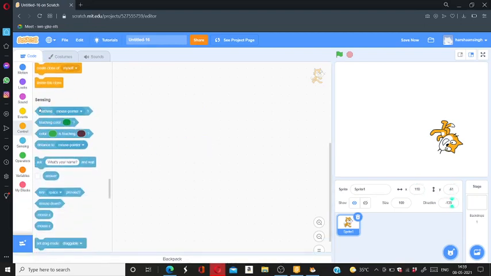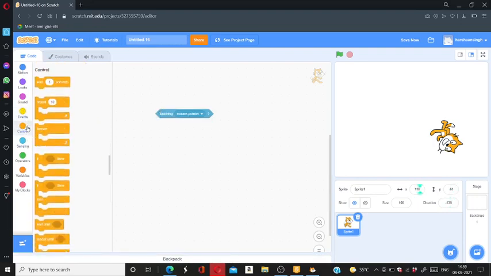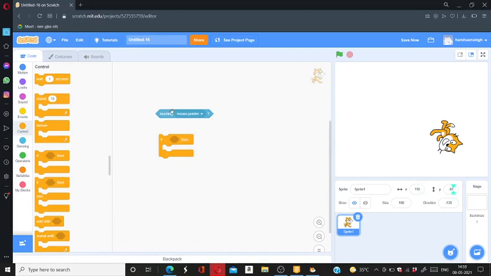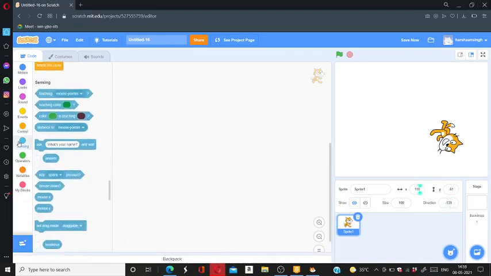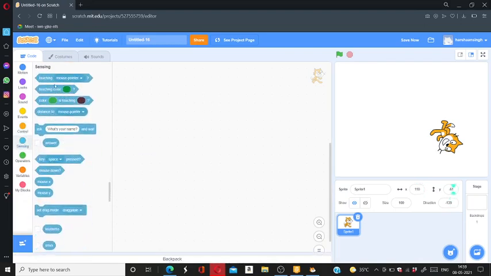This is the touching mouse pointer. As I said, it works with the if. Let me show you. If I put this in the if, then it will work. So the next thing is touching mouse pointer, which means that if the mouse pointer is touching the sprite, then what should it do?